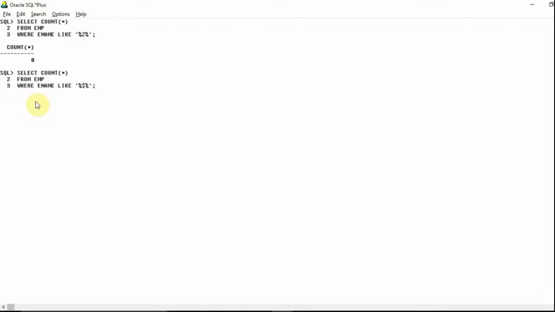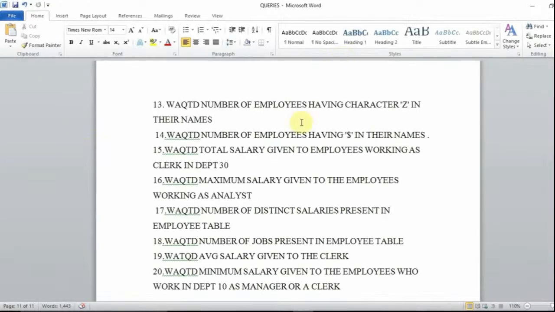Sorry, the percentile, hit enter. So it is showing my answer as 0 because none of my employee names has a dollar sign as one of the characters in their name. So that's why the answer is 0 itself. That's it, guys. Okay. So the 15th one: write a query to display total salary given to employees working as clerk